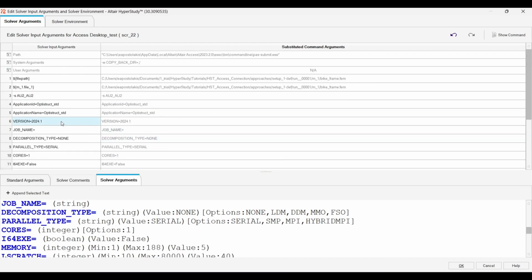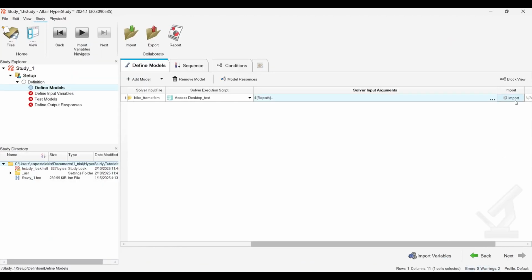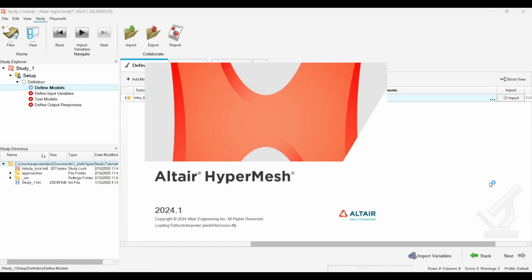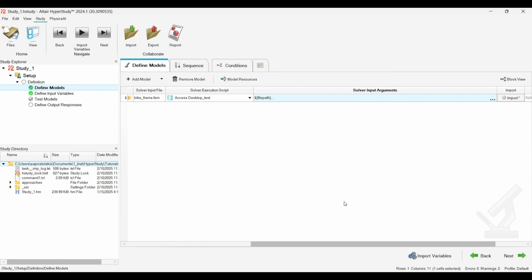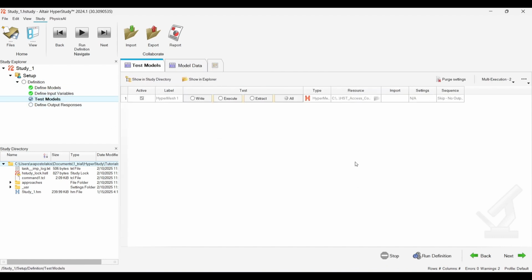After I have defined all these arguments, one thing that I want to mention is that in primary file you need to specify again the fem file as a name and then the relative path, which will be dot and slash. I press OK, and if I hit import, I will need to define the design variables here from the hypermesh session. As you can see, the input variables have been defined, and in the test model I will hit run definition,